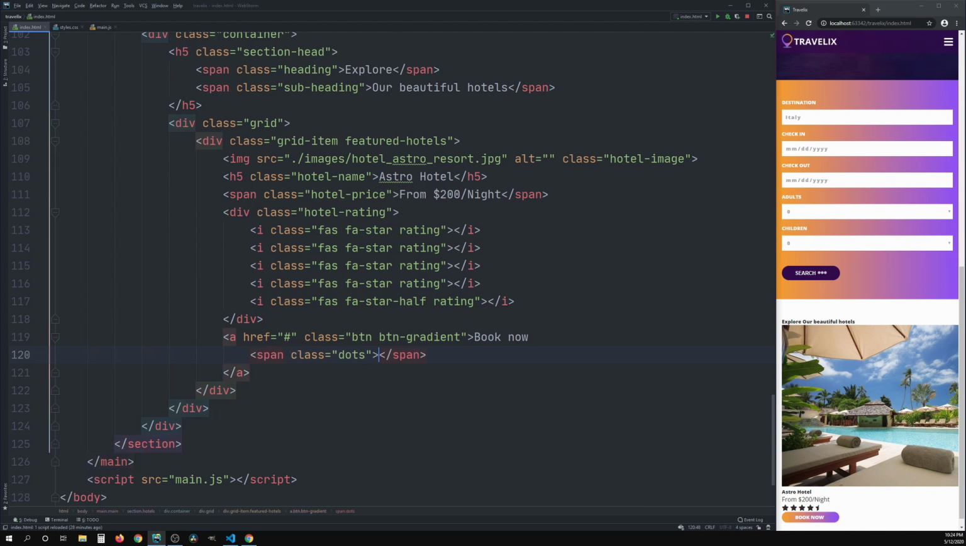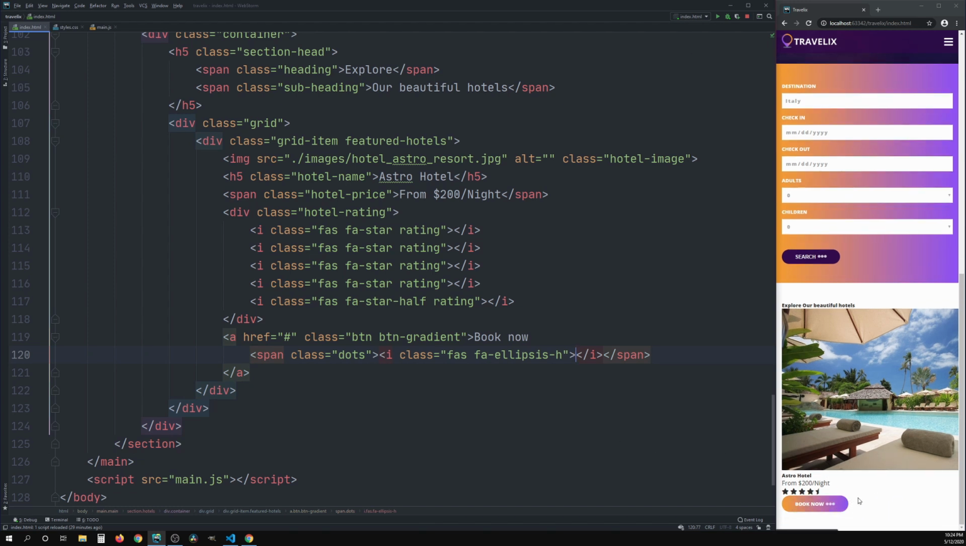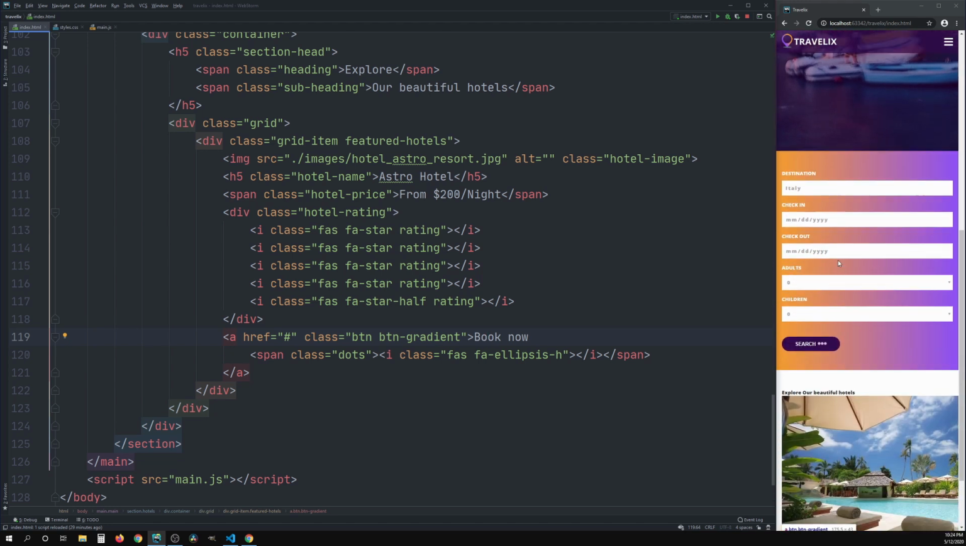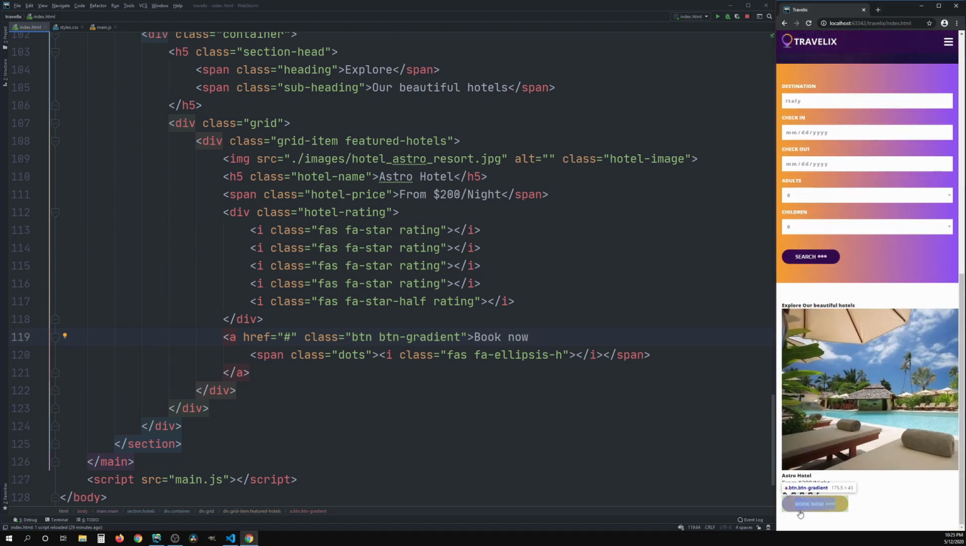And then inside of it, I'm going to have the icon for the F with the class of FAS. The second class will be FA, ellipses, and then hyphen H. And that's just going to give us the dots right here. And as you can see, that's a class that we already used before on the previous sections. I should say the hero instead, and it's going to be a reusable class, which is why it's already looking